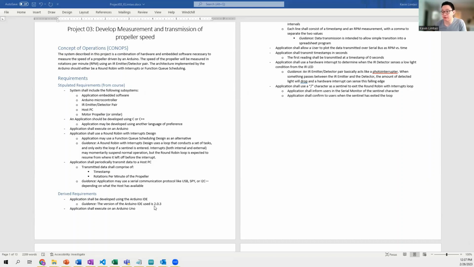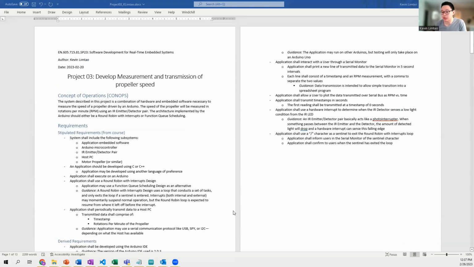Derived requirements, I've decided to execute this on Arduino Uno, just because that's what I have available. I'm going to interact with the hardware via the serial monitor, just very basic. I'm going to have the application running on my Arduino Uno continuously and intermittently transmit both the timestamps of collected measurements as well as an RPM value of the propeller as it's spinning through the IR emitter detector pair beam